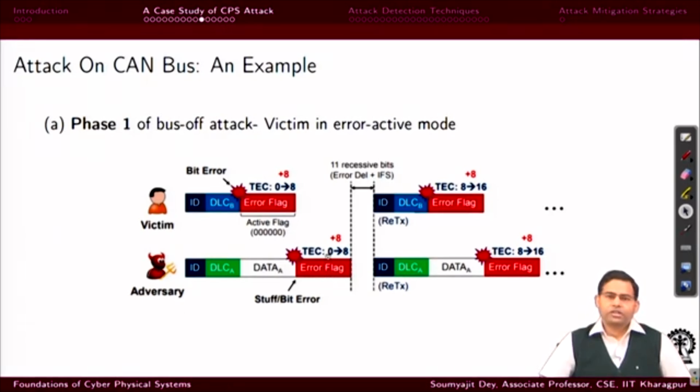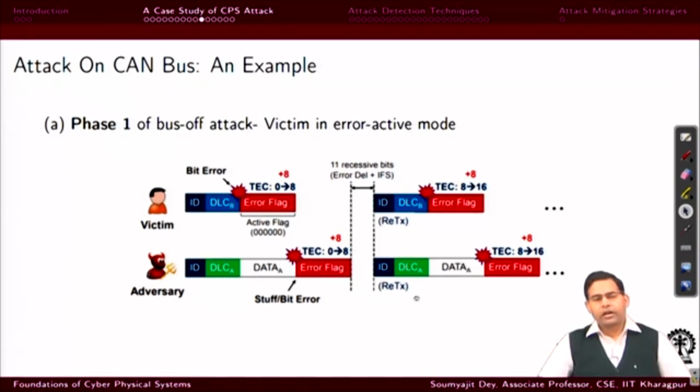So the adversary's transmission error count will increase by +8, right. So that is fine. There will be a +8 here, and the adversary will also have a +8 here, but let us understand that they are not happening together. This is happening afterwards for the adversary, because this is a reaction to the error active flag from the victim, when this sequence of zeros gets ANDed with some 1 that the adversary is transmitting. Okay. So at this point there will be 11 recessive bits transmitted, the error frame as per the CAN protocol, and then the interframe space will be maintained,